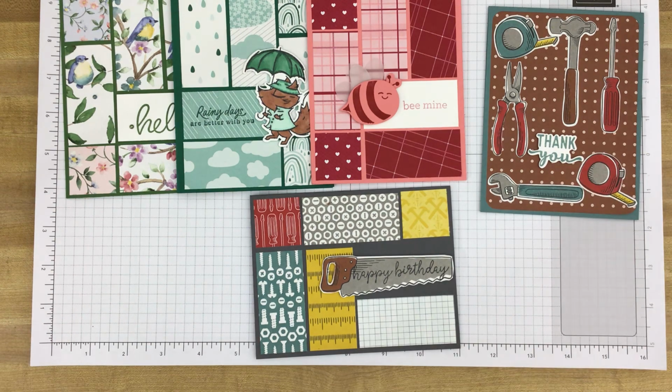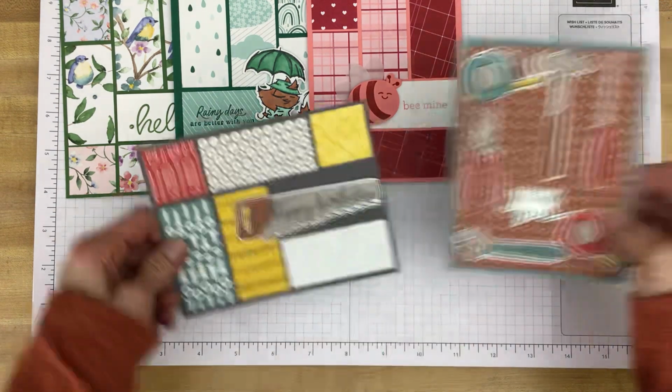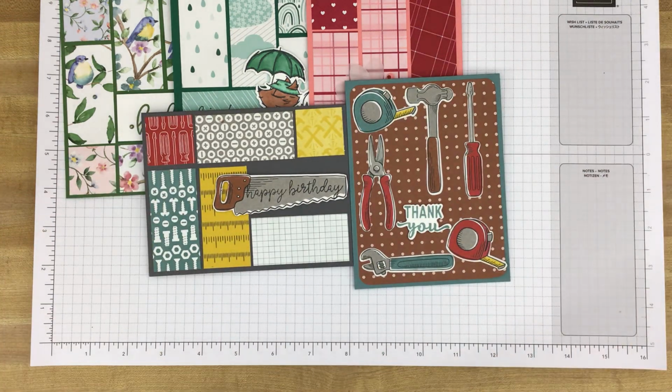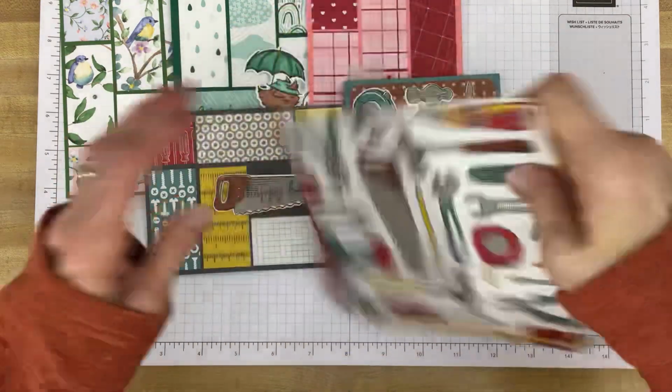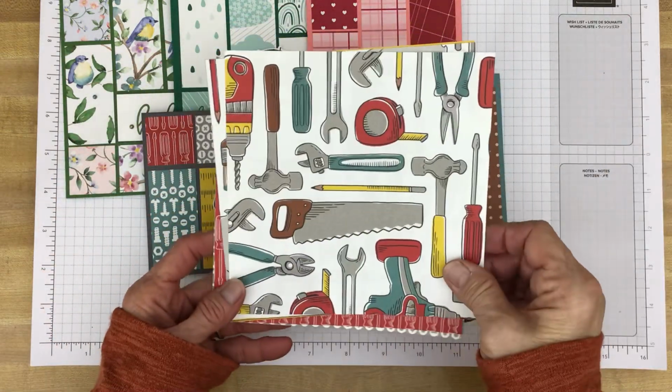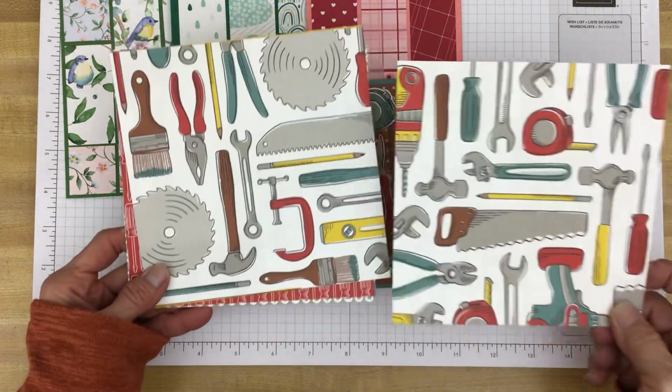And then the next 2 cards I made using the Trusty Toolbox designer series paper, and it coordinates with the Trusty Tools bundle, which is found in the current mini catalog. So as you can see, we have some tools, lots of tools, and then there is a second sheet of different tools,